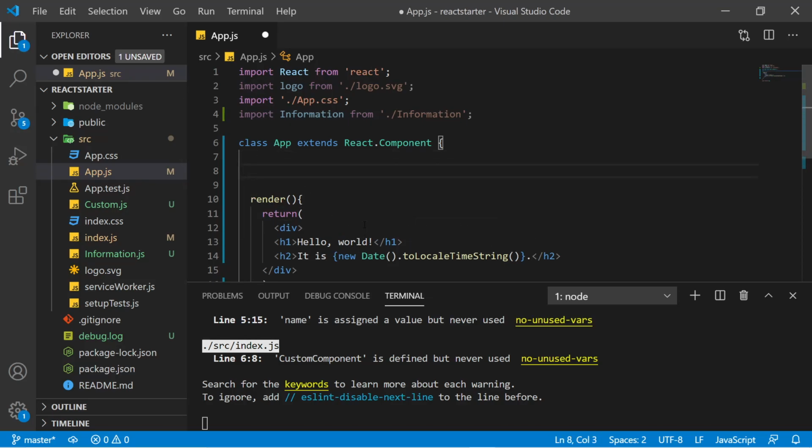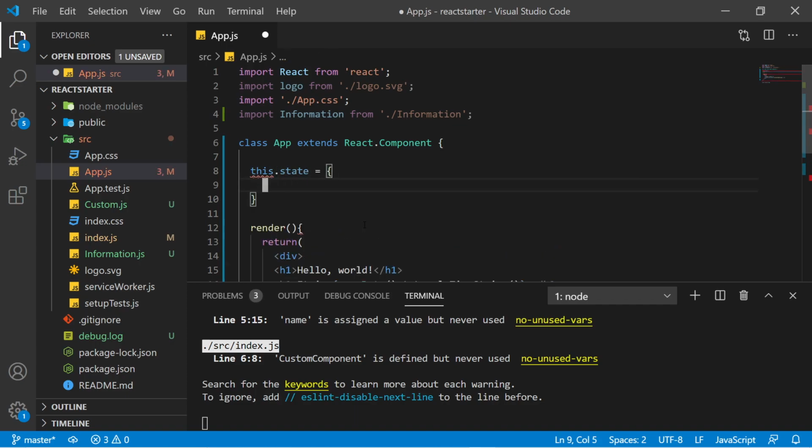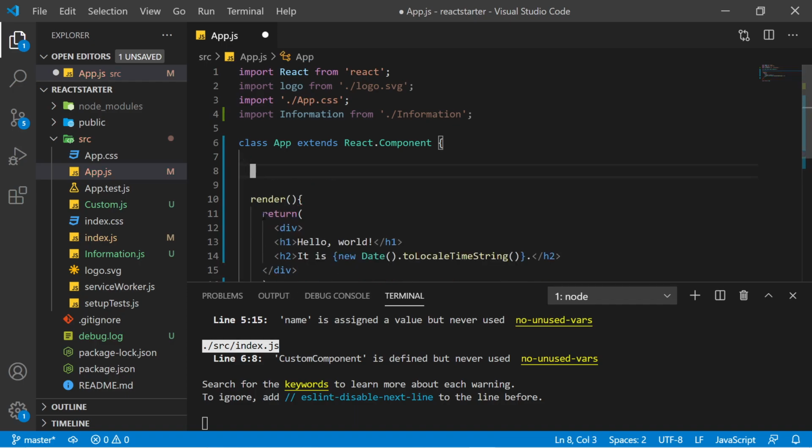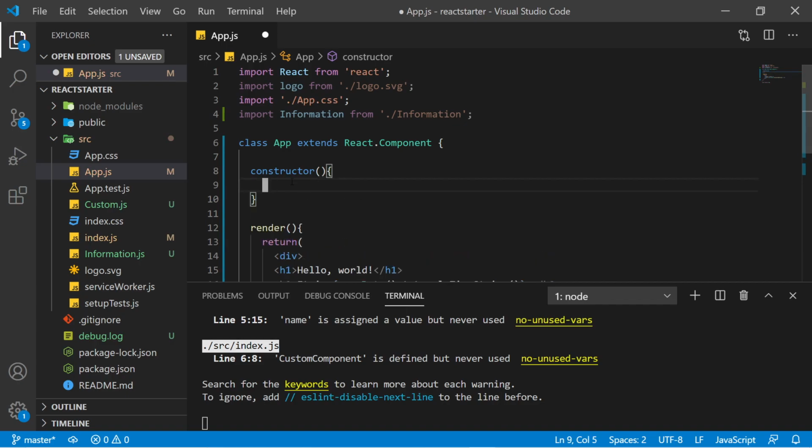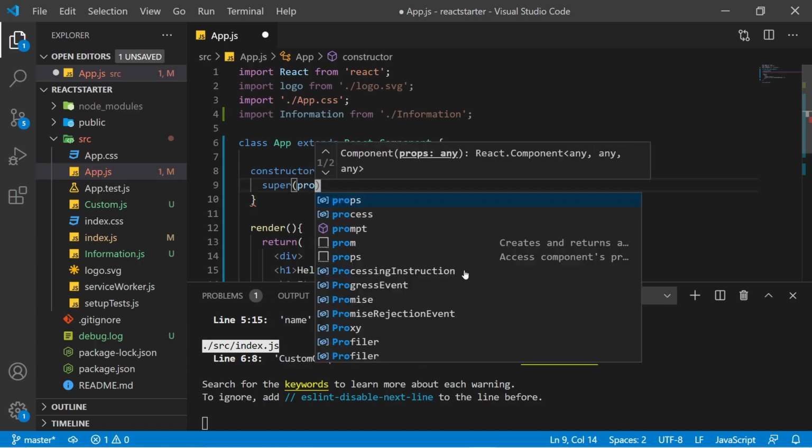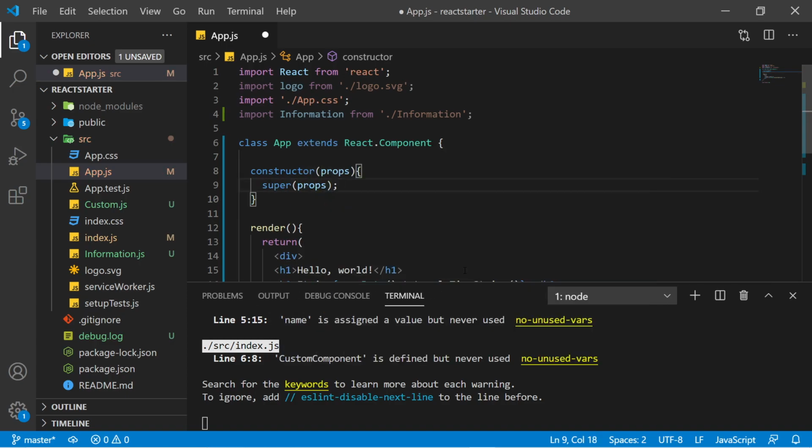So you can write directly this.state equals to, and then you can create a state, or you can directly create a constructor, which is like a permanent, or you can say a compulsory syntax for props and state. And inside constructor we have props, and we write super and then props. Okay, this syntax you need to remember, don't worry about it. And inside this you can create state.